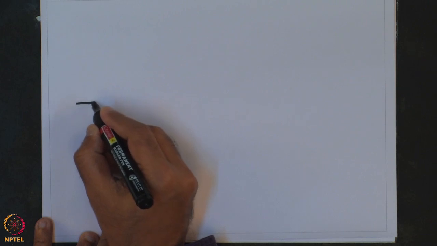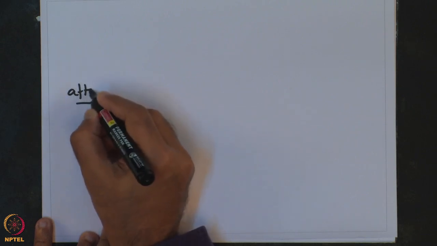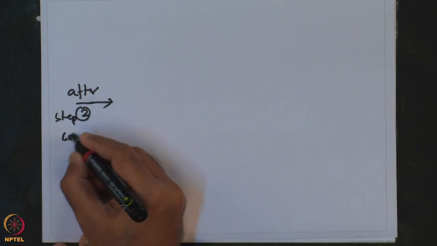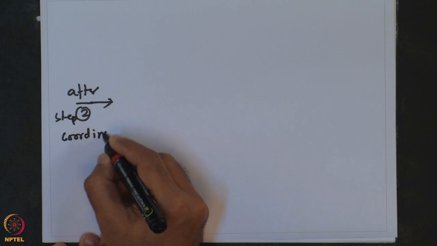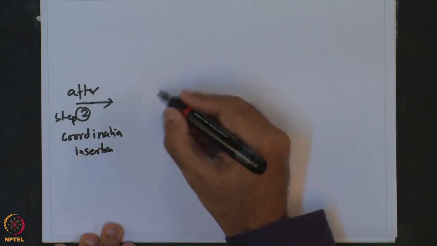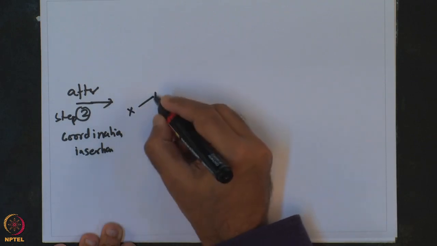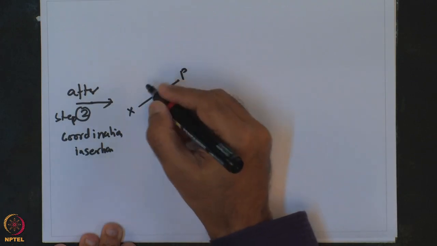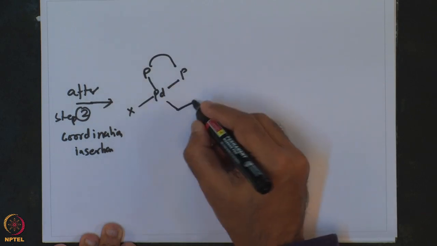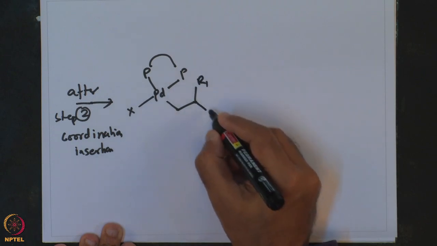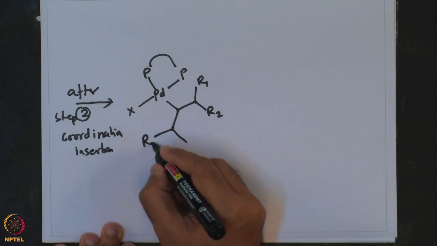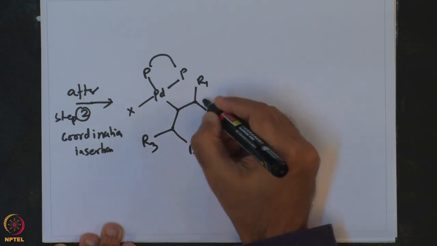So, this is after step 2, that means coordination insertion, then one forms this type of complex Pd, P, and R1 R2, R3 R4. So, this hydrogen